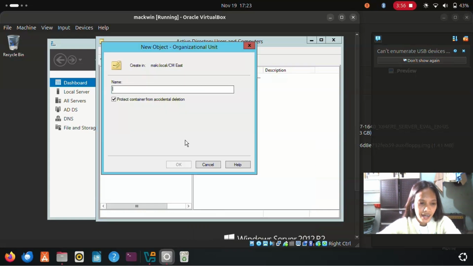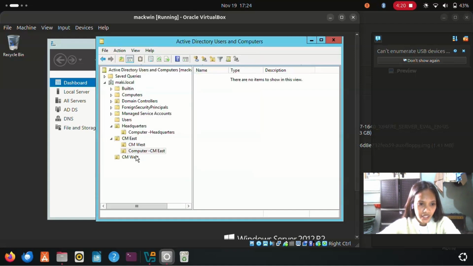So after that, I will be improving the structure of the Active Directory database by creating a dedicated container for client machines. So the user begins in the ADUC console viewing the domain structure, the Maki local one.